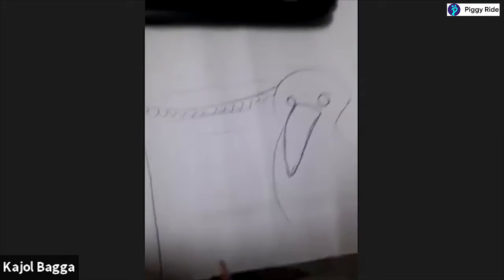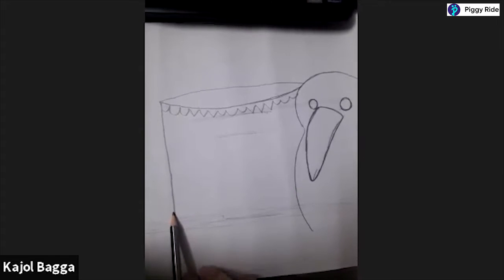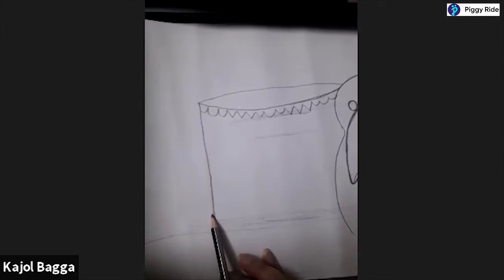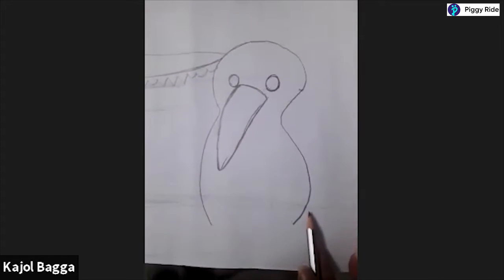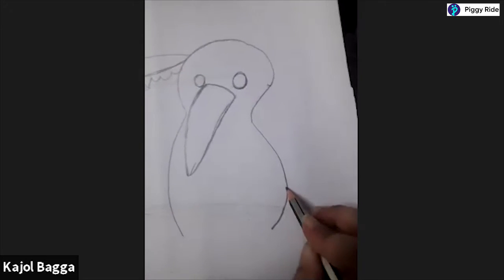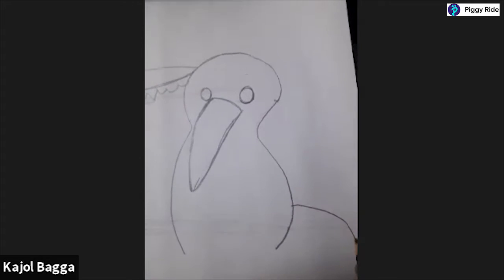Okay, so the table will come like this is your tray, and the table curve will come like this till down. Then the same thing we need to do from the next end, this one also. From this end also we need to do the same thing. Okay, and again this line will be a little bit curved like this.